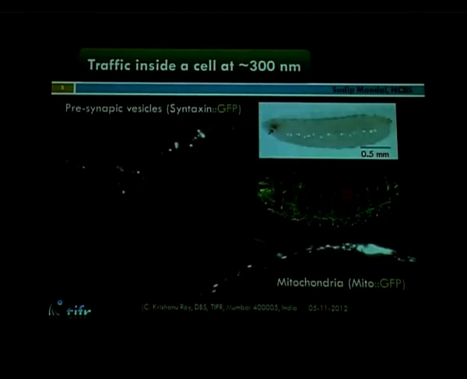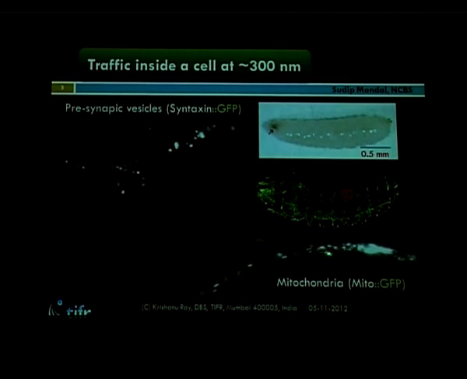These are two examples of vesicular transport and organelle transport in the axon taken from a Drosophila larva at the first instar stage, where it has this nice pattern of sensory neurons and interneurons. This is the larval brain. What I'm showing you is a movie recorded from this part of the sensory neuron. This is the cell body over here. The vesicles are marked with one of the presynaptic vesicle proteins called synaptobrevin. And you can see there are lots of movements going on over here, which are bidirectional.